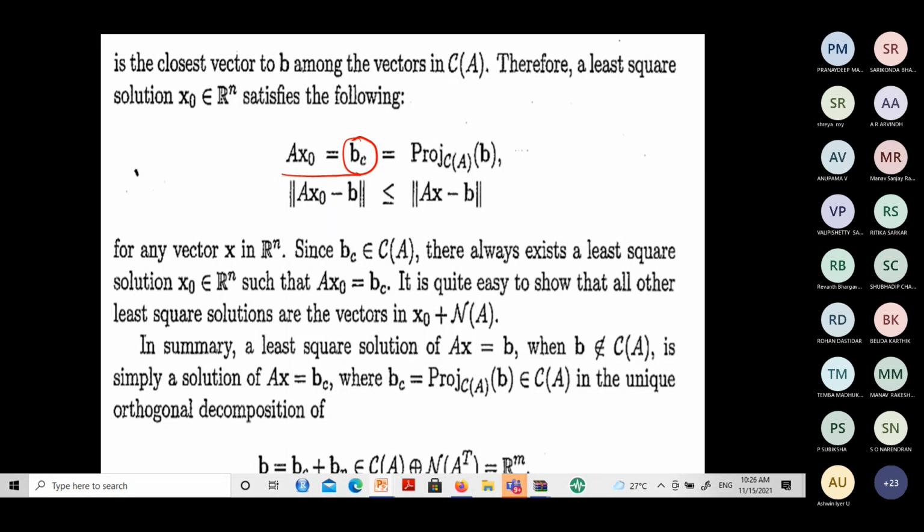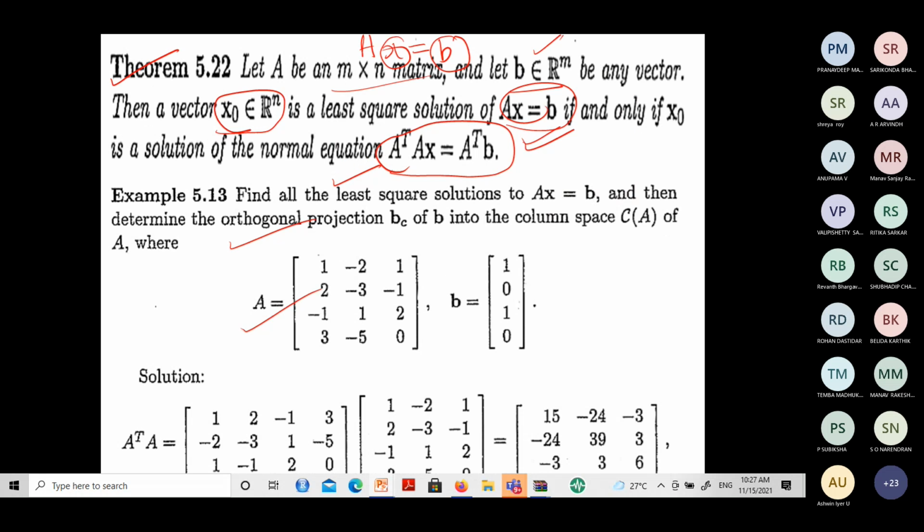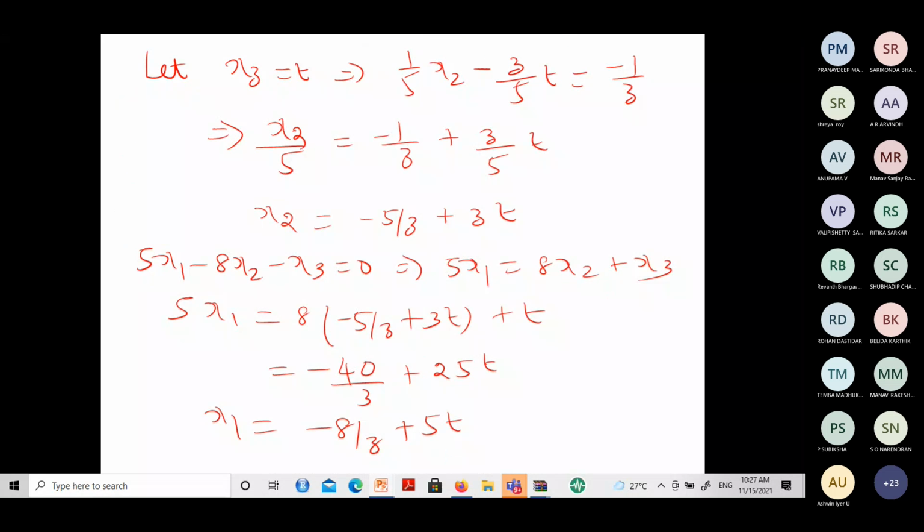Actually, the orthogonal projection of any vector, you remember this? The distance between a fixed vector x and all the vectors on this line, which will be closest to x? Simply the orthogonal projection of x on this particular line will give you one value. That will be the very closest to x. So AX0 will be closest to which value? Orthogonal projection of B. That's the concept we are using. We'll find the orthogonal projection.